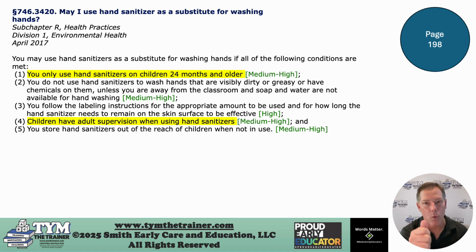The other big one that I want you to pay attention to right here is number 4. Children have adult supervision when using hand sanitizer. It's a big trend right now for children to be carrying around hand sanitizer. This is all over TikTok and memes and things like that.